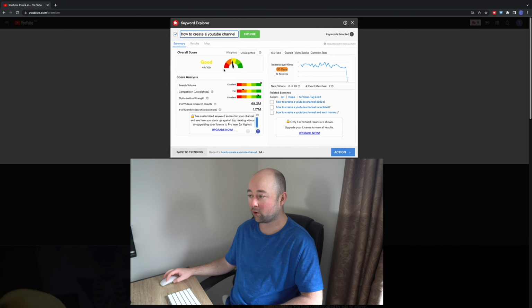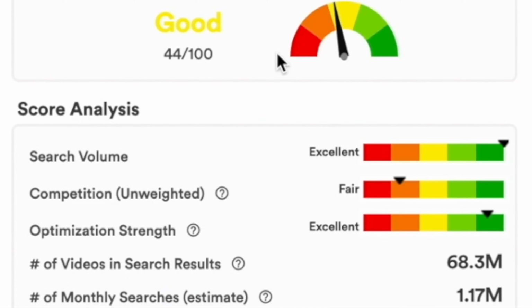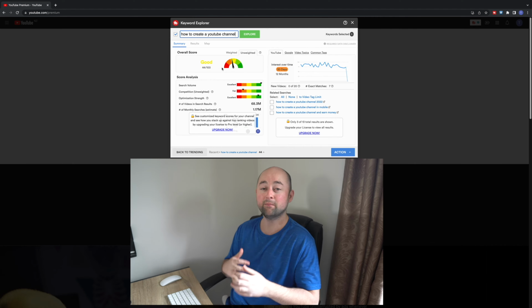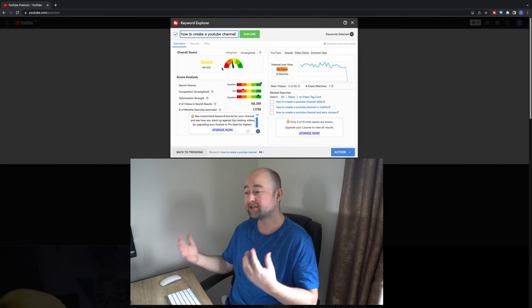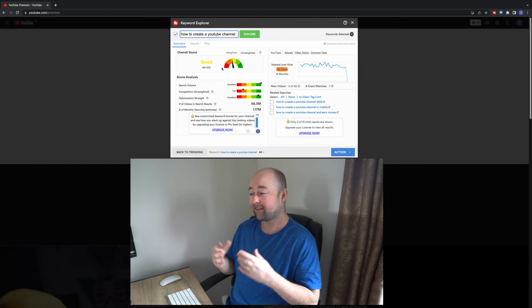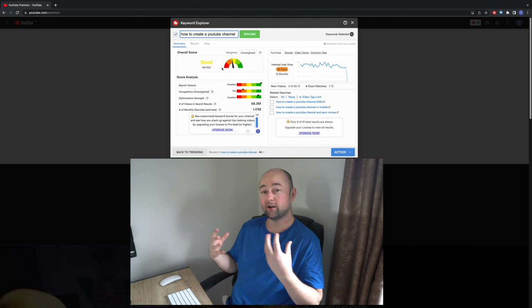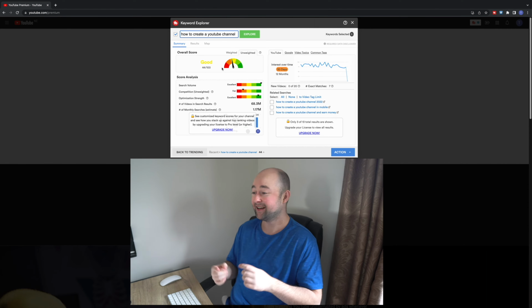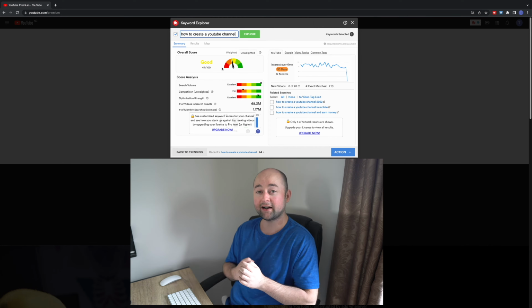This is really important. You want to aim for at least the yellow, but you want to aim for the green and above. You also want to really look at the search volume. Is this something that's going to help you get more and more views? If it's not highly searched and you're getting an excellent rating, that's probably because it's not that popular and not many people are searching for that keyword. So that's really something to think about if you're trying to get more views. If you're not targeting something that is broad enough to get you a lot of views, then you're not going to get many views from that topic because it's not highly